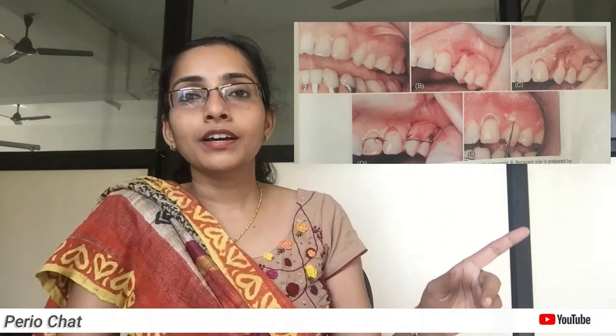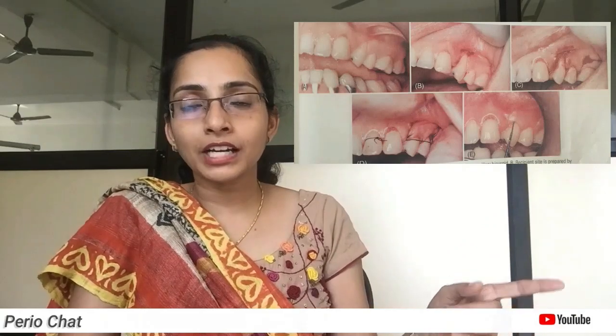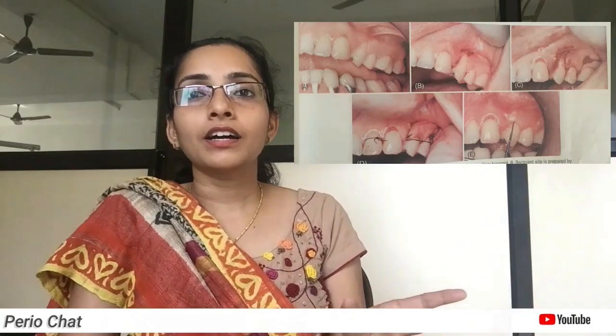Now, in case my demo with the wax model didn't help you to understand lateral pedicle graft, these are better images. Okay, so first step, the epithelial portion is removed, connective tissue is exposed, horizontal incision is placed, cut back incision is placed. It is partial thickness flap is reflected,